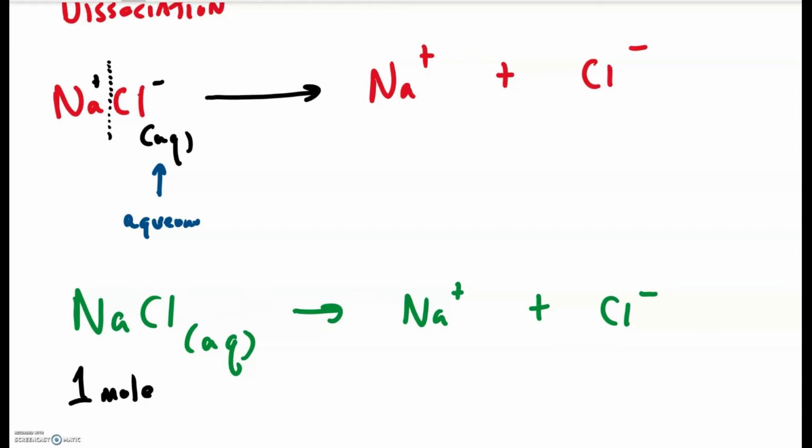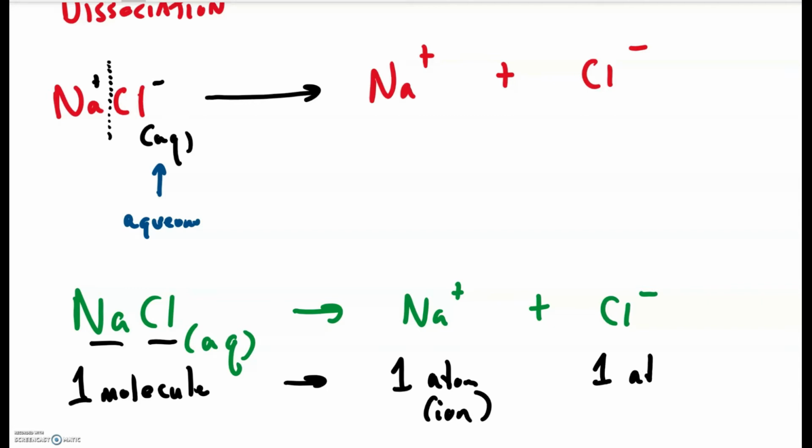Well, we know that we've got 1 sodium atom and 1 chlorine atom. And so that means if we had 1 molecule of sodium chloride, when it dissociated, we would get 1 atom, now called an ion because it is positively charged, of sodium, and 1 atom, now an ion, of chloride because